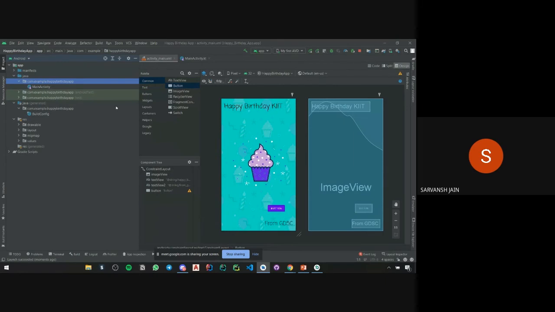As I told you in the beginning, if you see it through Windows File Explorer, they would not be ordered like this. But if you choose Android from here, you get this view.